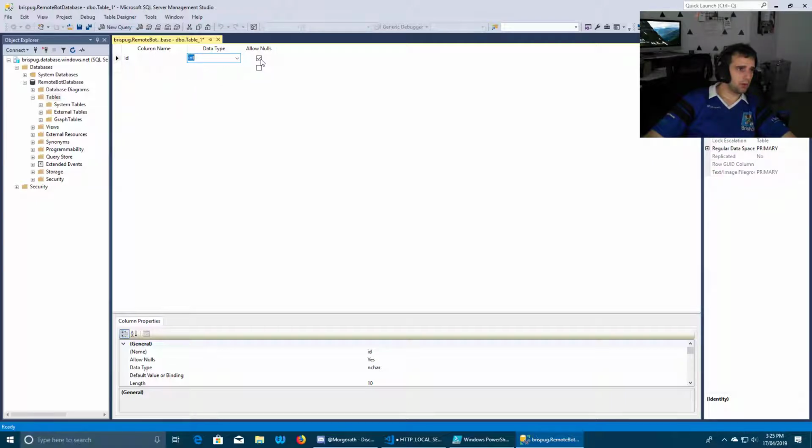So what we're going to do here is I'm just setting an automatic identity. Basically, what this does is I have a primary key. In databases, you need to have a primary key because primary keys identify that specific entry. They're like a unique identifier.